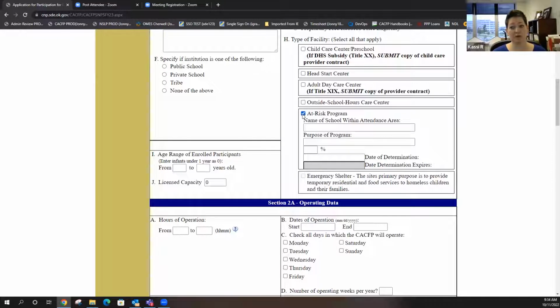And then your at-risk programs, these are going to be for schools. You do your at-risk. We have some tribes that do at-risk, and then we have private nonprofits. It's important for you to know that if at any point any of this changes, you need to let us know, because you shouldn't be able to type into this on your screen. So you need to get it updated.